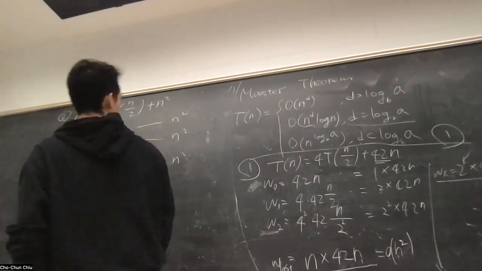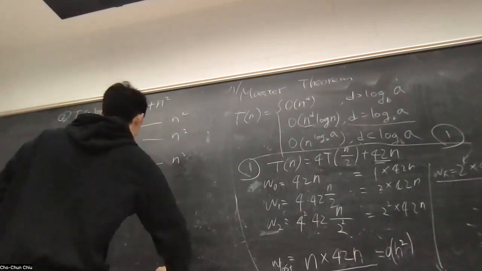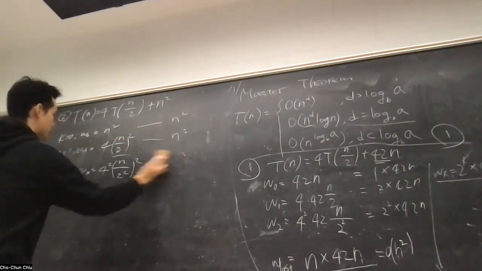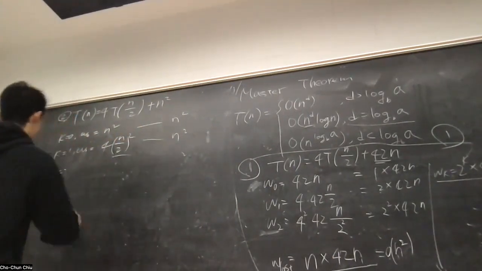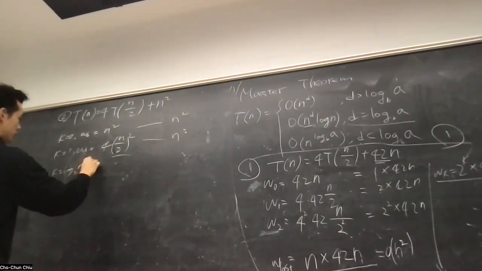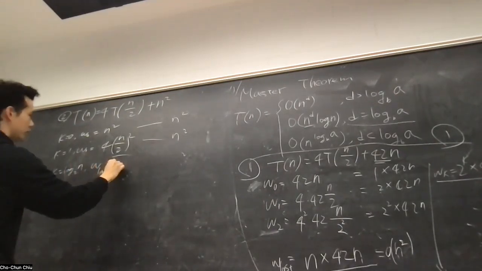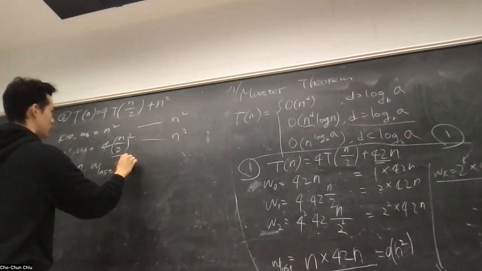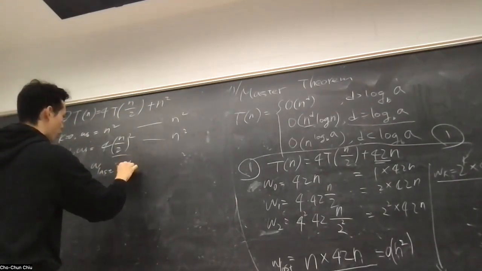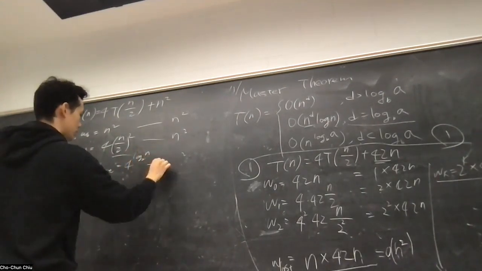I use too much space. That's fine. You just twist a little bit. When k is equal to log 2 of n, that's the last one, right? And that's why it's going to be 4 to the log 2 of n, and then